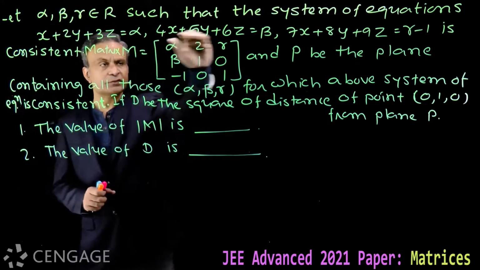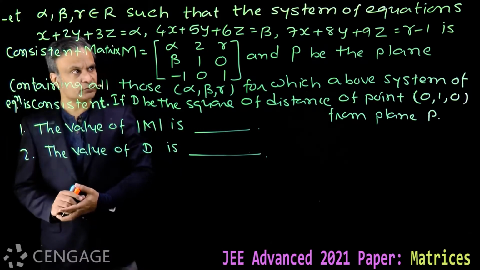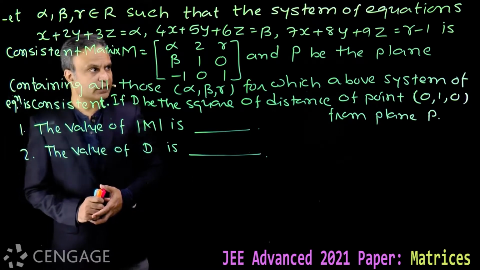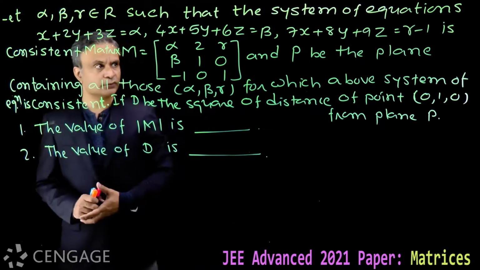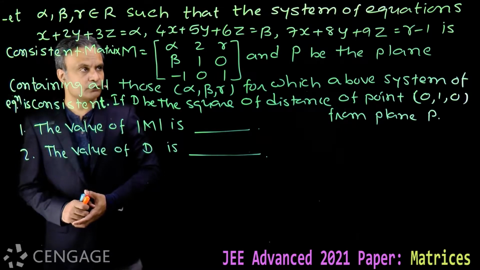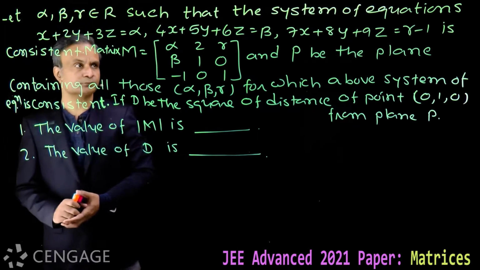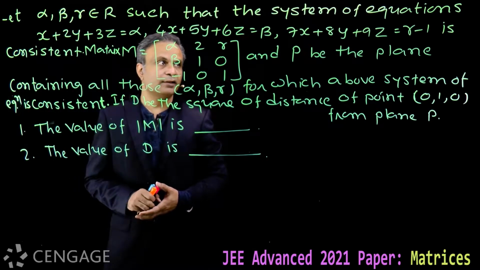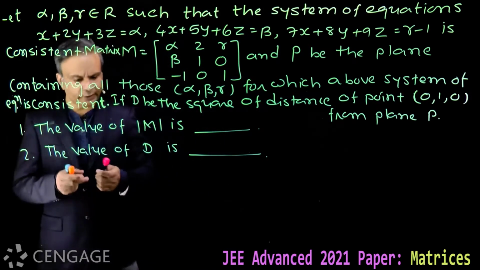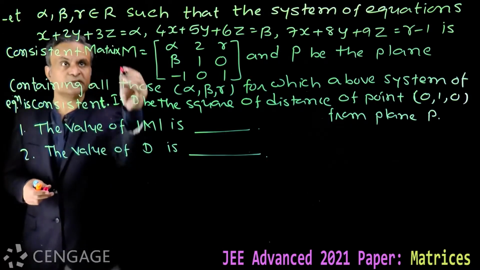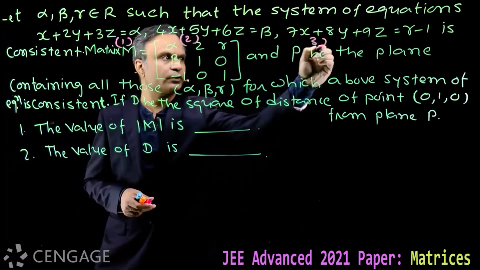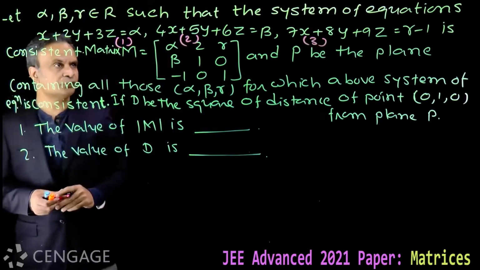Now look at these equations. Look at the coefficients of x, y, z. We have alpha, beta, gamma minus 1 on RHS. Coefficients of x, y, z are known. And tell me, how can we handle these equations? Clearly, this is equation number 1, this is equation number 2, and this is equation number 3. Now looking at coefficients,